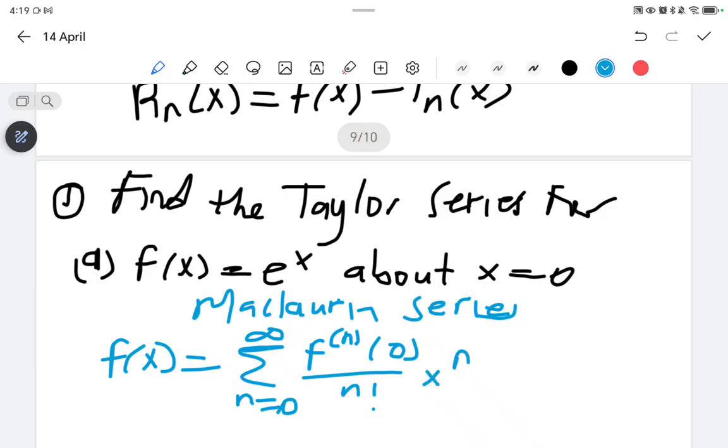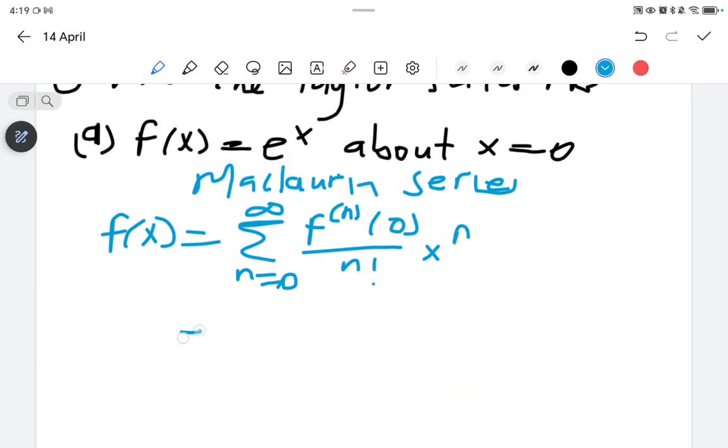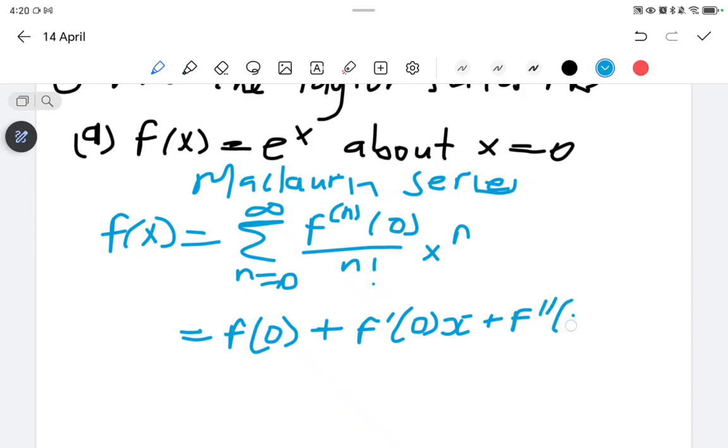We agree, right? So it means that we can expand this and have f(0) plus f'(0)x plus f''(0)x^2 over 2 factorial plus f'''(0)